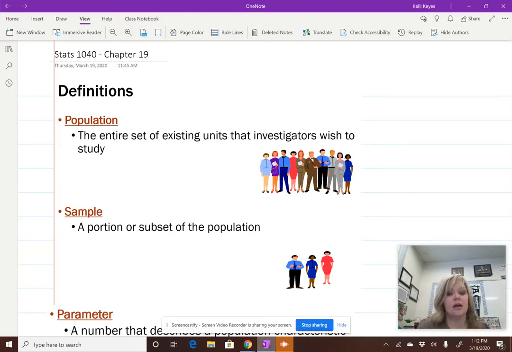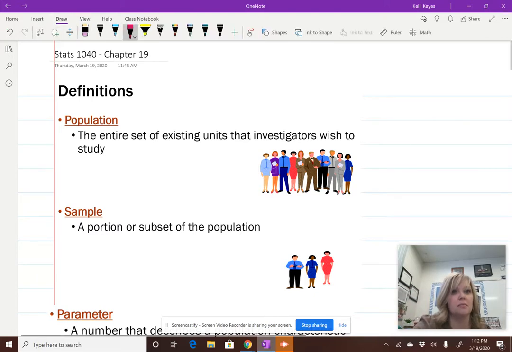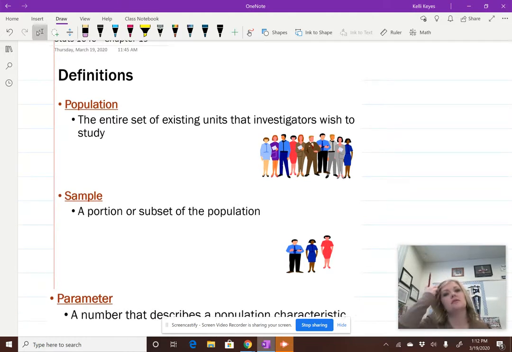So the first things that I want to talk about, I'll try to make this as short as possible, but still trying to teach you something. Anyway, the first thing I want to mention is what a population is, right? A population is just the entire set of existing units that you want to know about. So whether that's all students at a school or all adults in the US or whatever it is,